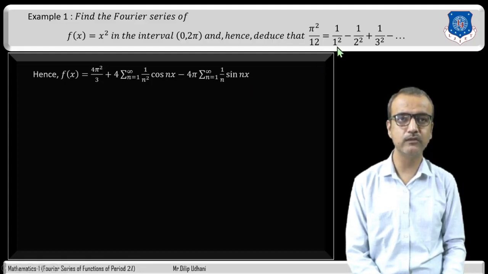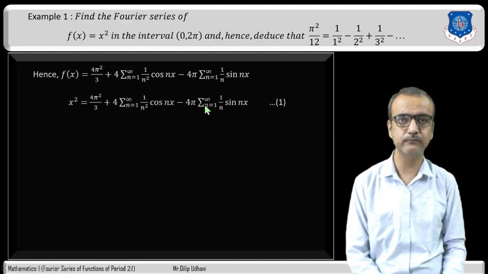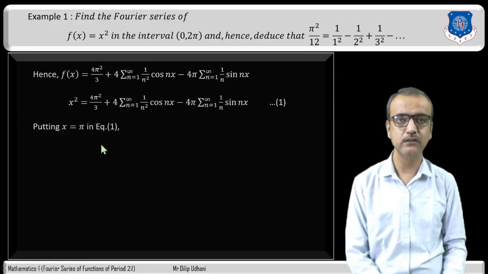But we have to reduce this result also. So for that purpose, we will expand this series. Now replacing f of x by x square and the remaining terms will be as they are. Now say this is result number 1. So first of all, to reduce this result, we will put x equals pi in this equation. So replacing x by pi, on the left hand side we have pi square and that is equal to 4 pi